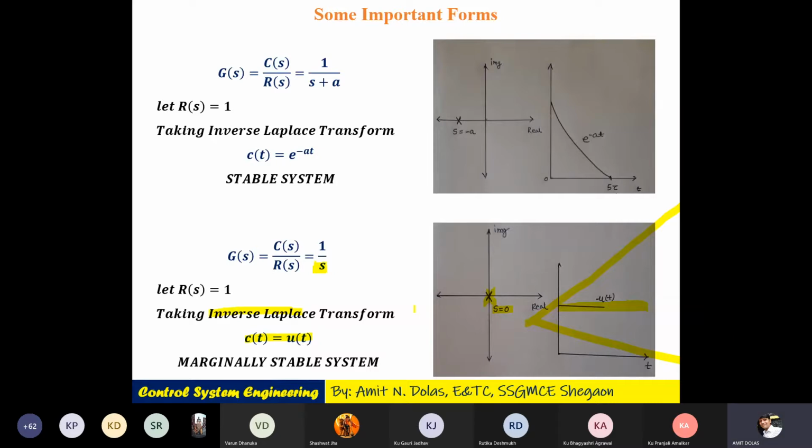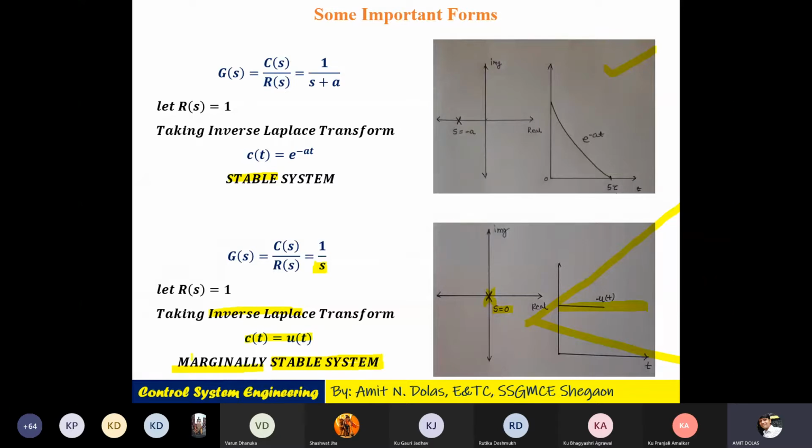Now whether it is stable or not, we have seen the definition of stability: if the output is unbounded, then it is unstable. If it is bounded, then it is stable. In the first example, it was bounded, so we directly said that it is stable. And here you can say it is also bounded because it has a constant voltage or constant energy, not moving to infinity. So the output is bounded. That's why I'm writing stable. But you will find one more word here, marginally stable. Also, it is called critically stable.